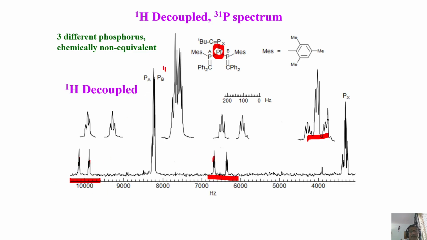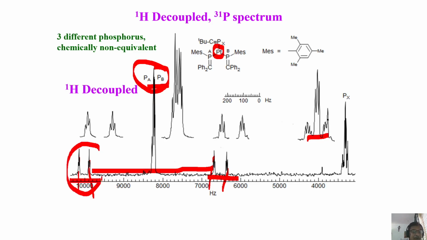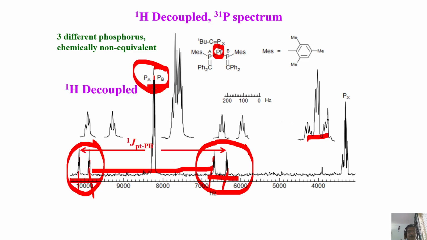Now, to identify which is the chemical shift of phosphorus A and which is the chemical shift of phosphorus B, simply take this separation, divide by 2. That is the chemical shift of one phosphorus. Take this separation and divide by 2. That is the chemical shift of the other phosphorus. So, what you cannot distinguish clearly in the phosphorus spectrum, you can make use of satellites, because the satellites have better resolution, and make the assignment of the individual phosphorus. So very beautifully, of course, coupling patterns can be understood easily.